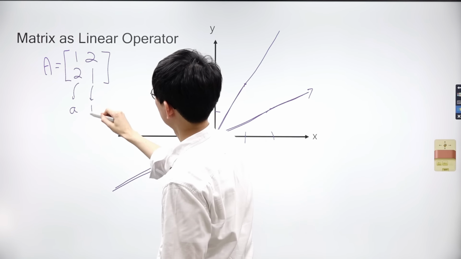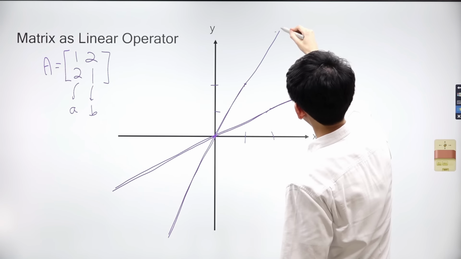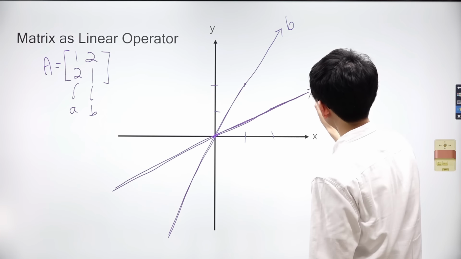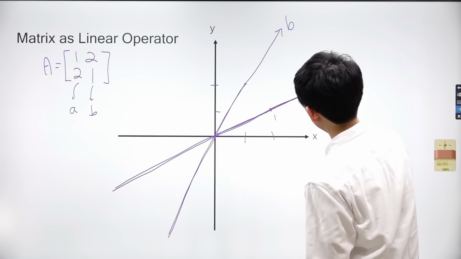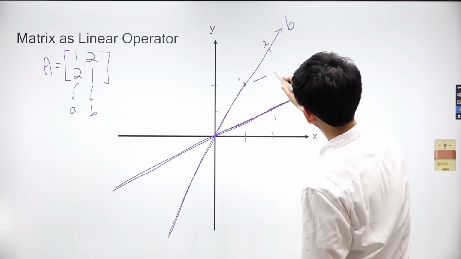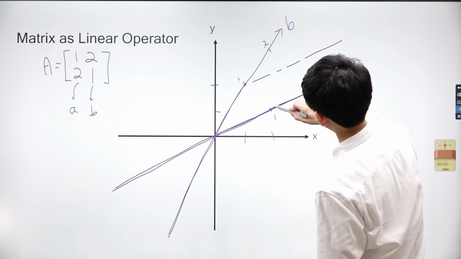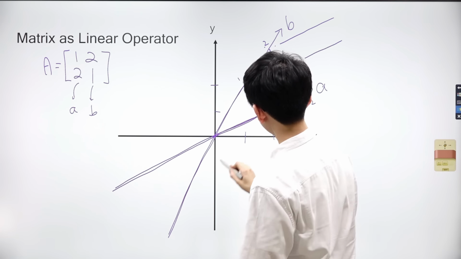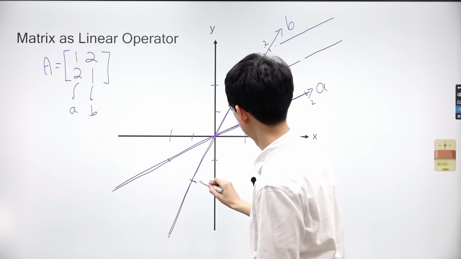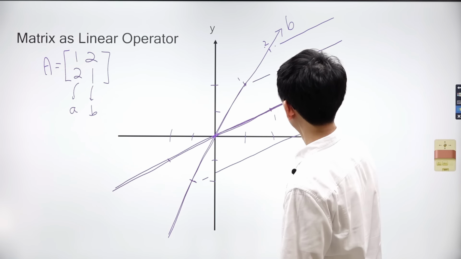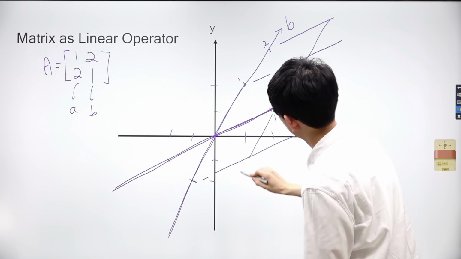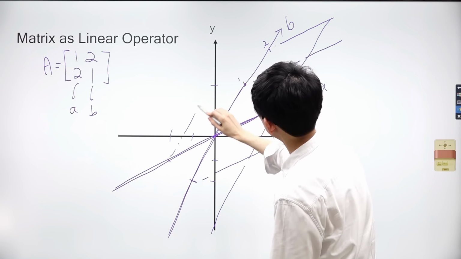Denoting each vector in the matrix as A and B, we'll refer to the corresponding lines as A and B respectively. On line A, we can designate 1, and similarly, on line B, we can mark 1 as well. These ones correspond to the vectors in the matrix. We can also label 2 and negative 1 on both lines A and B. With this setup, the coordinate space has been transformed, allowing us to determine the new coordinates of points in the plane.